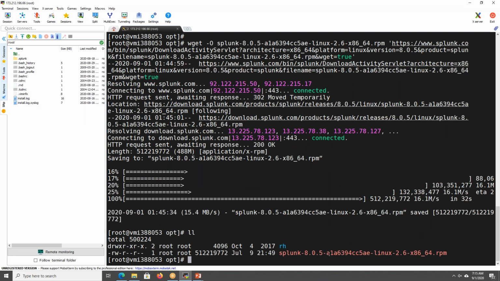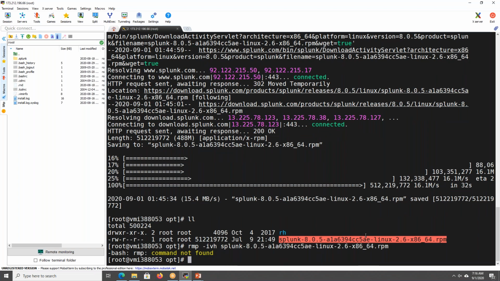Okay, now if I want to install it, I can issue rpm, as this RPM based installation will be done on Red Hat Linux, CentOS. rpm -ivh, and I have to give the package name. That's it.